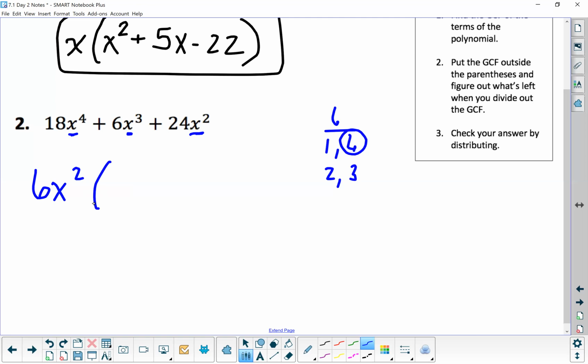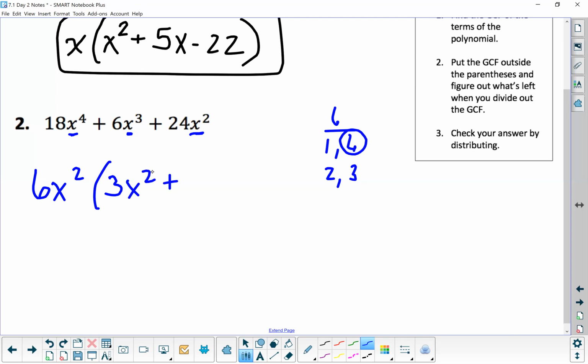What is 18 divided by 6? 3. We had x to the 4th. We factored out an x squared. How many x's do we have left? 2. X squared